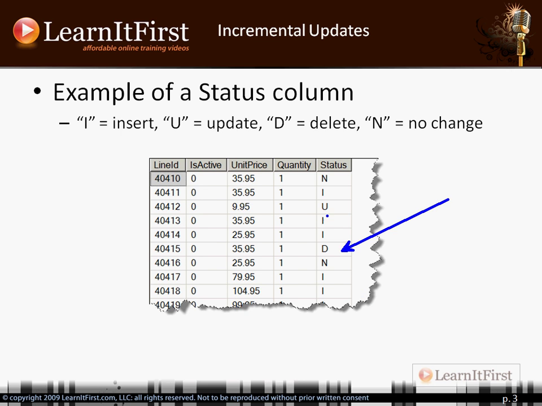Then you'd have an insert trigger to mark I, or what you'd have is a default value that's bound to the letter I. And that way any new row that gets inserted automatically gets an I. And then the U would be handled from an update trigger. And so you just say if any column is updated, then I want the U to be placed into the